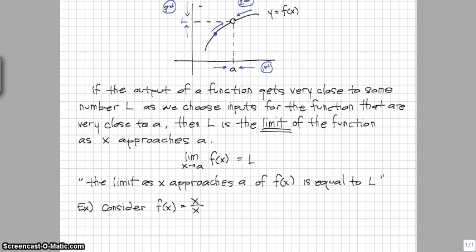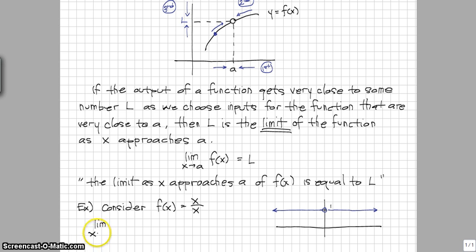And let's look at the graph for this function then. If we say that there's 1, then we know the function is undefined at x equals 0, but everywhere else the output of the function is 1. So if we're talking about